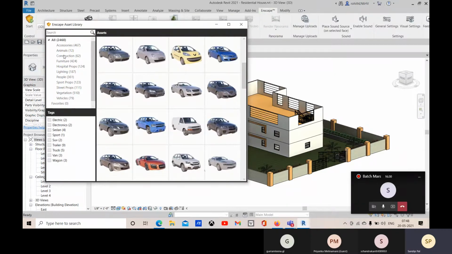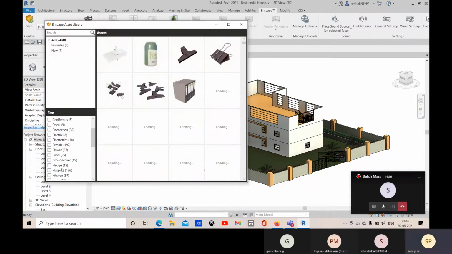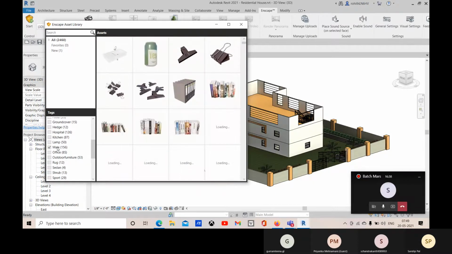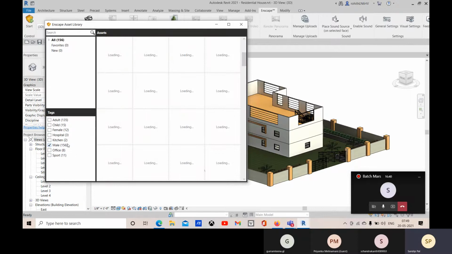So like people, you can go to this people option. Let me go to this option, mail.